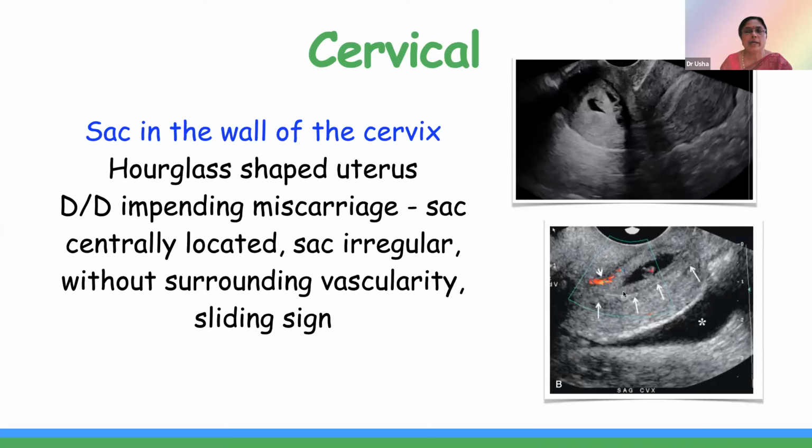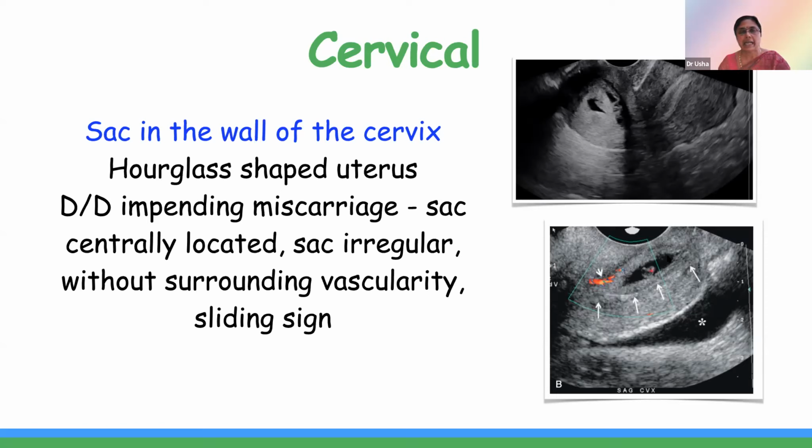But we have to remember the cervical pregnancy will be round, turgid. You may see a live fetus, whereas in an impending miscarriage, the fetus won't be live and it won't maintain the spherical shape. It will conform to the shape of the cervix. And if you switch on color, the cervical pregnancy will have vascularity, but an impending abortion sac will not have vascularity around it. And you may be able to elicit a sliding sign, because if you just move the cervix, the sac in the process of miscarriage will move when we move the cervix,